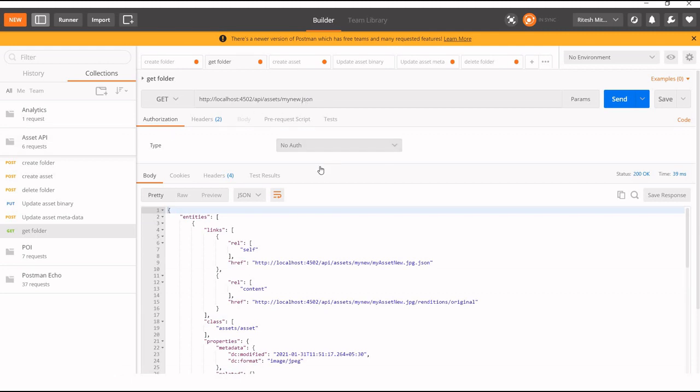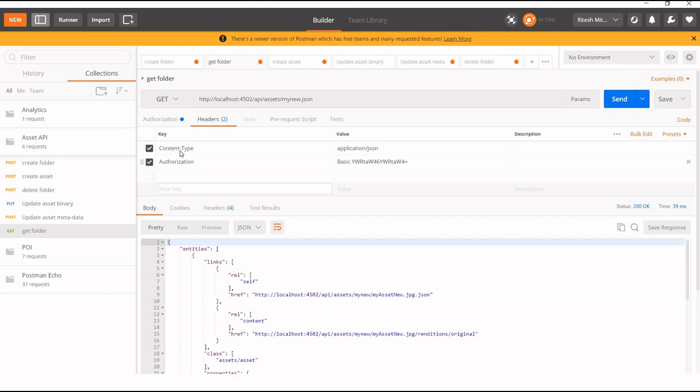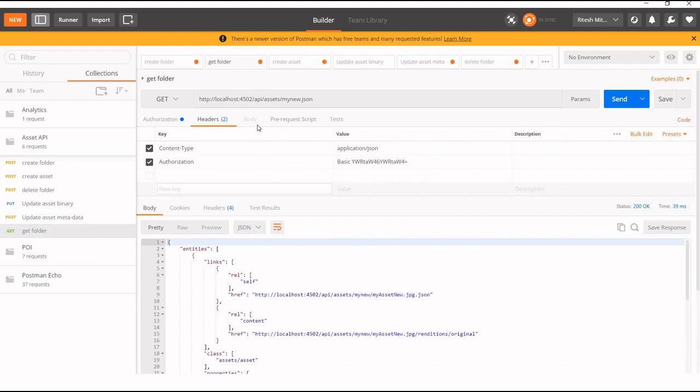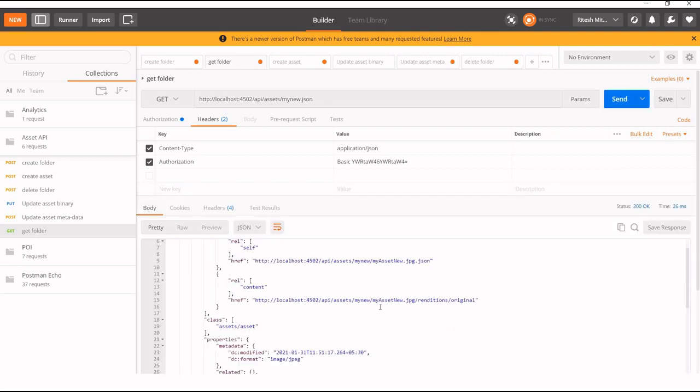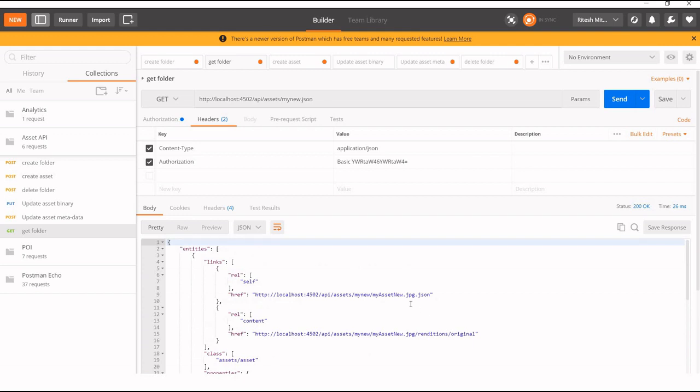In authorization we need to set basic authentication with username and password, and then we just need to update the request. We also need to set the content type, which is nothing but application/json, and that's it. We are good with this. We just need to click on send, and it should give you all the information within that folder.